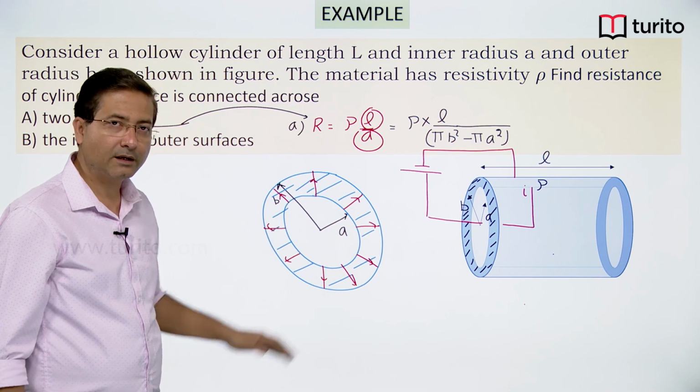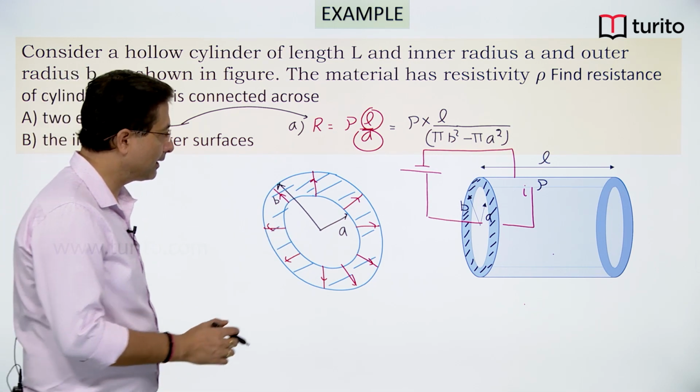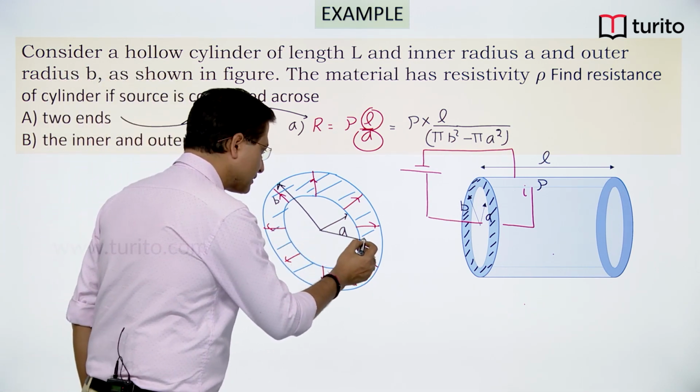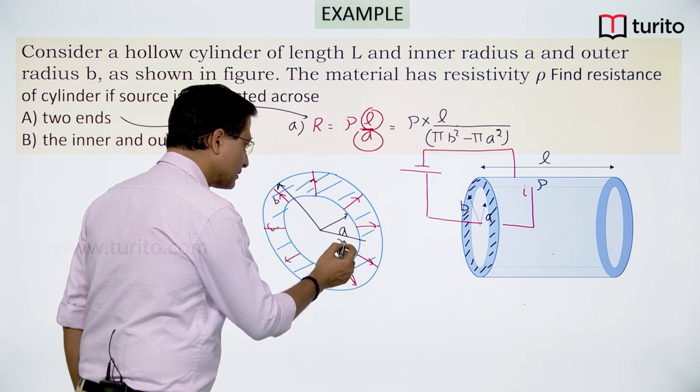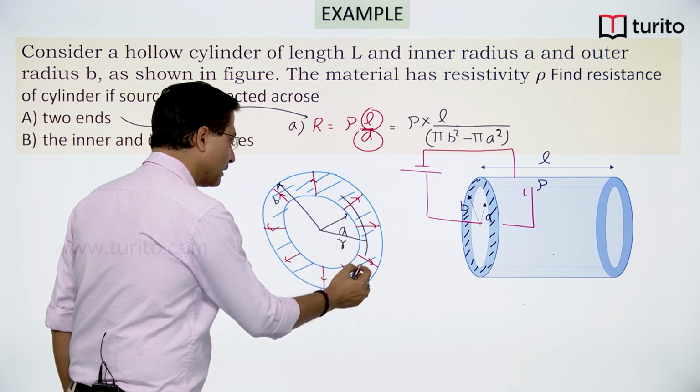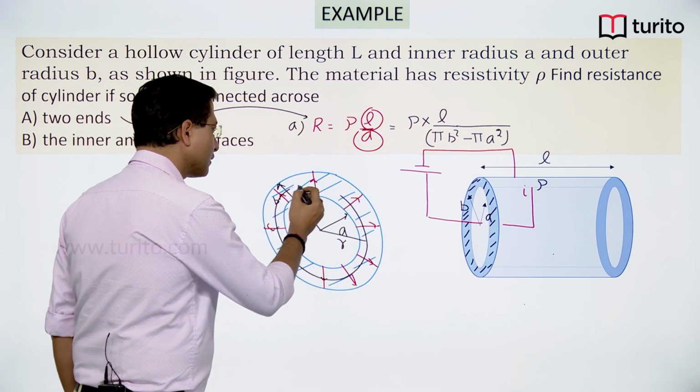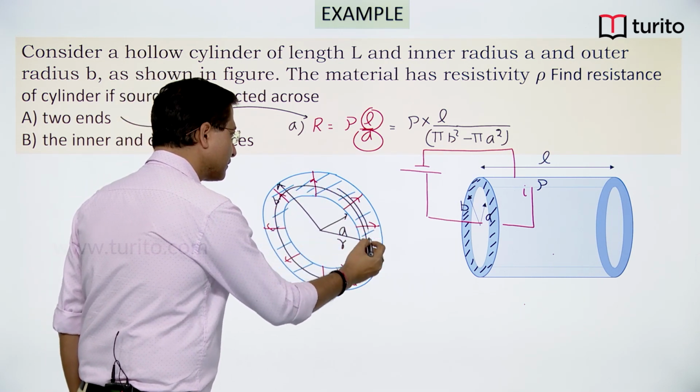Now if this is the way current is flowing, and if I consider a cylindrical shell of radius r of thickness dr,